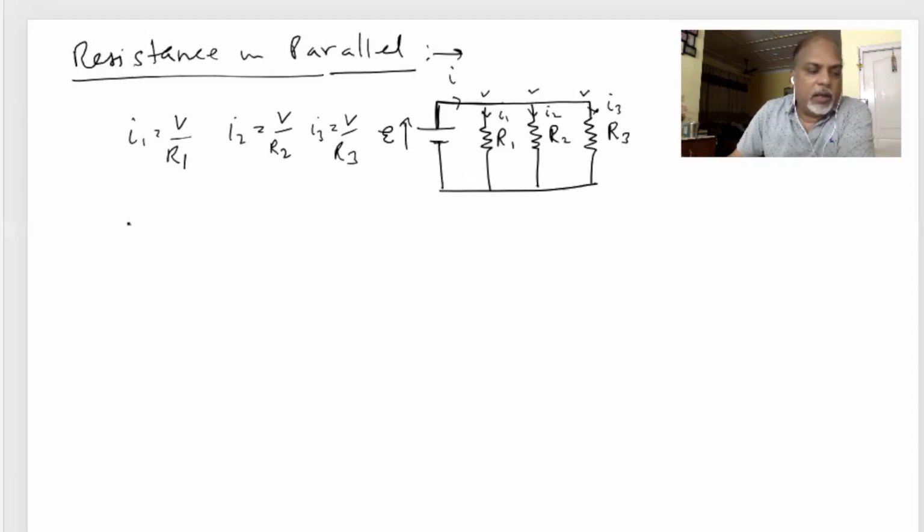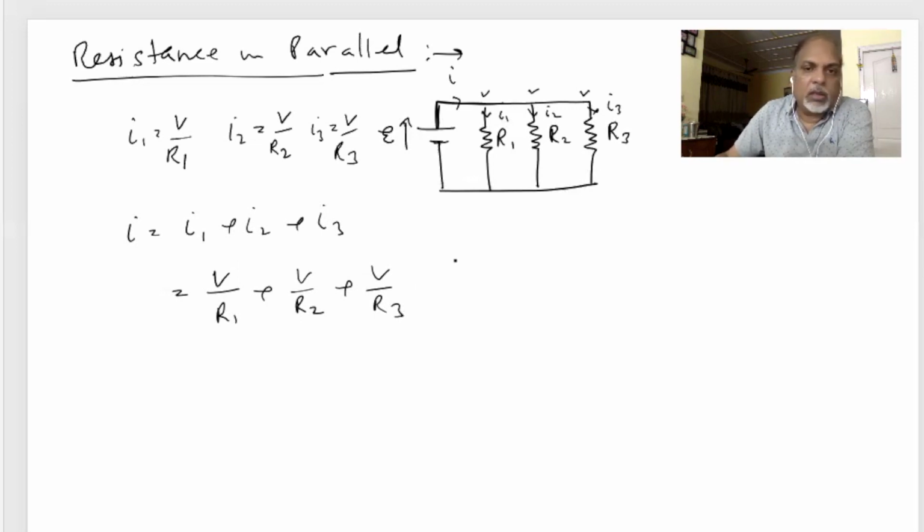And I will be nothing but I1 plus I2 plus I3, or we can say V upon R1 plus V upon R2 plus V upon R3,